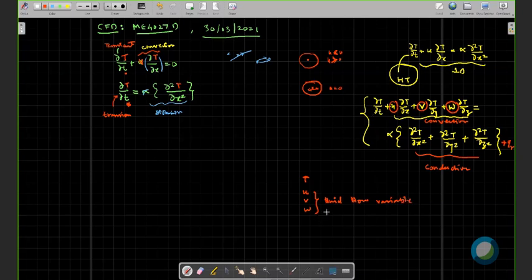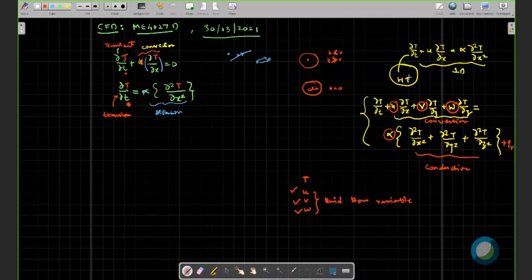And to solve this equation, these variables must be known. If these are known, then this becomes coefficients only, some values, and then you can solve this equation easily. Like alpha, these u, v, w should be known, and then only you will be in a position to solve this equation. So the question now is how to get this UVW. If it is not given, it has to be found out from the fluid flow problem.